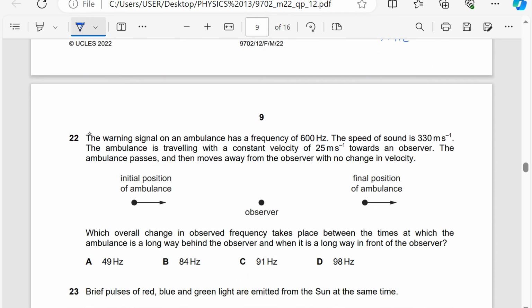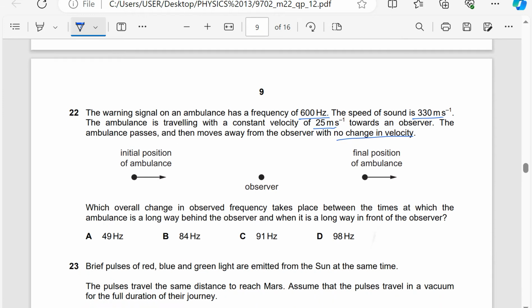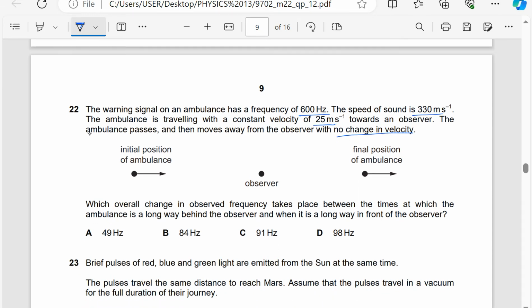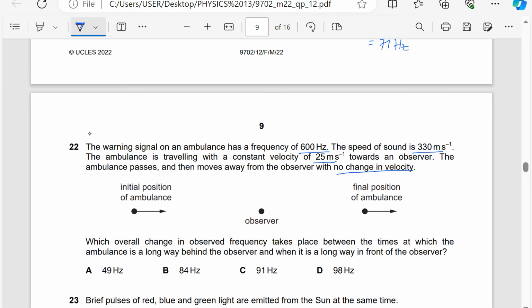The warning signal on an ambulance has a frequency of 600 Hz. The speed of sound is 330 meters per second. The ambulance is traveling with a constant velocity of 25 meters per second towards an observer. The ambulance passes and then moves away from the observer with no change in velocity. Which overall change in observed frequency takes place between the times at which the ambulance is a long way behind the observer and when it is a long way in front of the observer? Okay, so let's say this part here